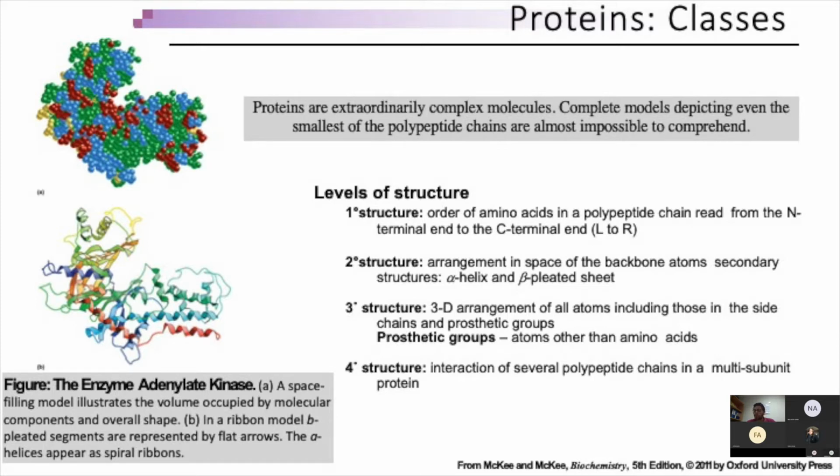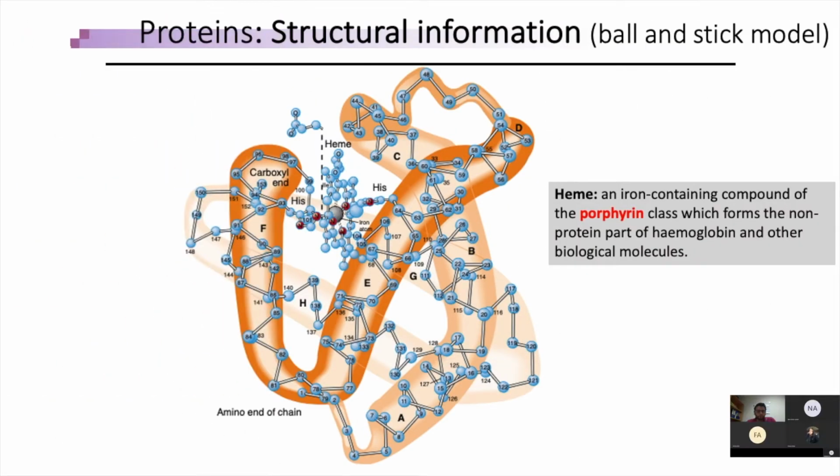This is a ball and stick model of the famous oxygen carrier molecule myoglobin, which is an excellent oxygen carrier and is present abundantly in cardiac and skeletal muscles and gives them a characteristic red coloration. This protein is also abundantly present in sea-diving mammals such as whales. It consists of one single polypeptide chain and has 8 sections of alpha helix, which are shown here by the alphabets from A to H.